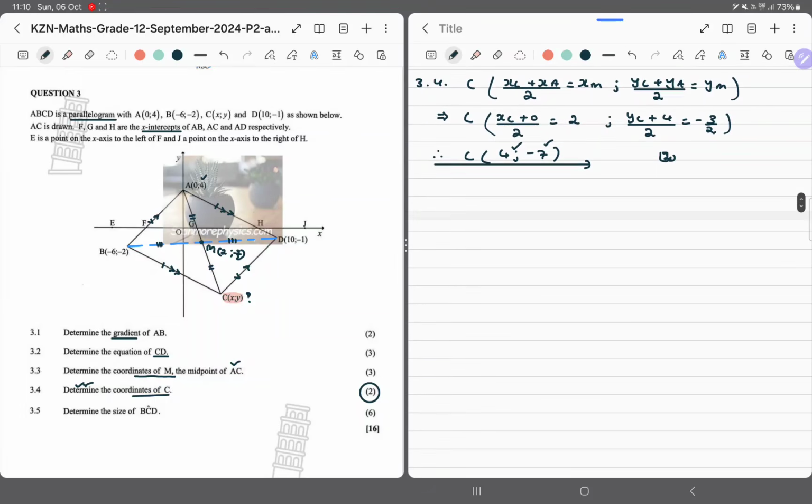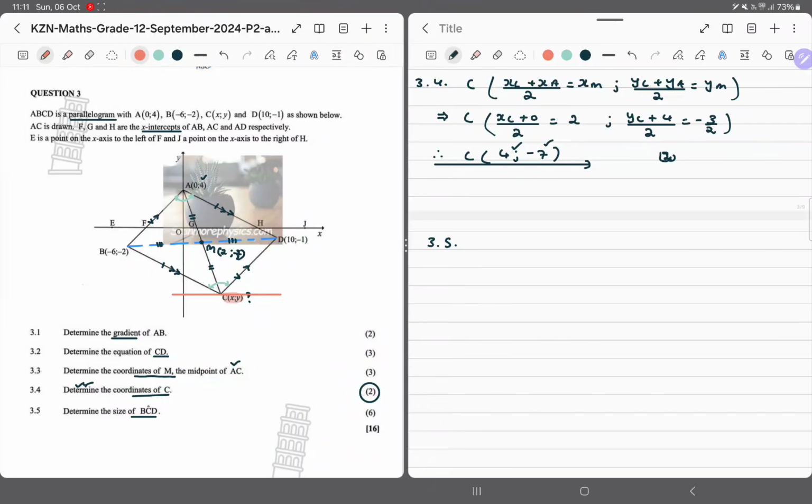Not a big deal. So let's do the last question, 3.5. We are told to find the size of BCD. So this is this angle right here. Okay, but what do we know? In a parallelogram, the opposite angles are equal. So what about BAD? Because we can see BCD is going to create a bit of a problem for us. Although we can still deal with it, it could be a lot of work. It may require us to do a construction like this,